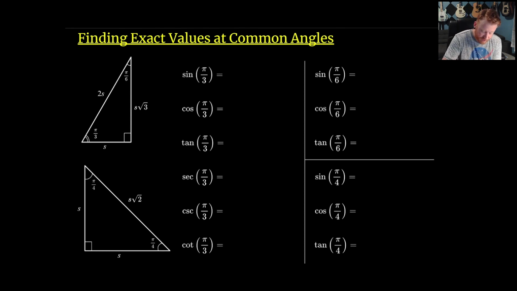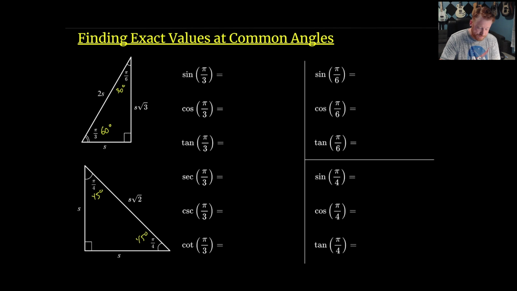So remember that here I've switched back to using radians, because going forward we'll be using radians more than degrees, but I've been sticking to degrees a little bit, so some of those proofs make sense for why we're getting what we're getting. But here we're looking at radians, so remember that pi over 3 is the same as 60 degrees, and pi over 6, which is half of pi over 3, is 30 degrees. And that pi over 4 is the same as 45 degrees. So I'll just write those there as reminders if you find them helpful, but we will be writing a lot